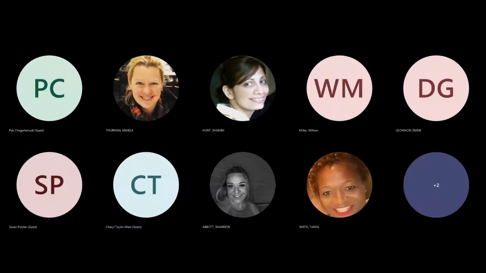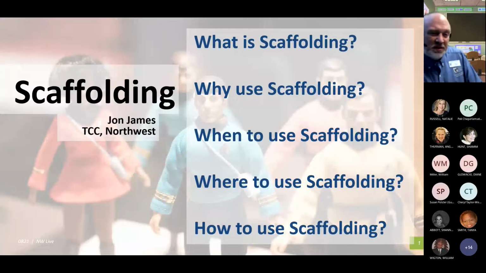I guess that's 6 technically. But the who is really going to be the students. So that's what we're going to be doing. So scaffolding is one of these things that a lot of us use, but we don't really know that we